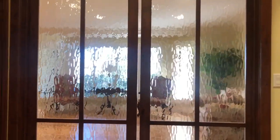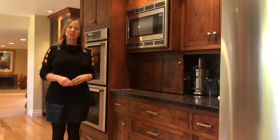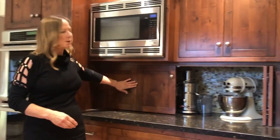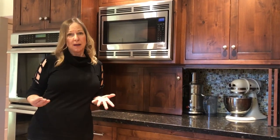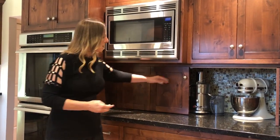That, with your accent lighting, with your flooring, come on over here. Another thing that a lot of people like to do, if you're a chef, this is truly a chef's kitchen. So oftentimes we have those different appliances that are really kind of inconvenient to take in and out. They may not be used every single day. Some might be, maybe a coffee maker, but at the same time, by having this,